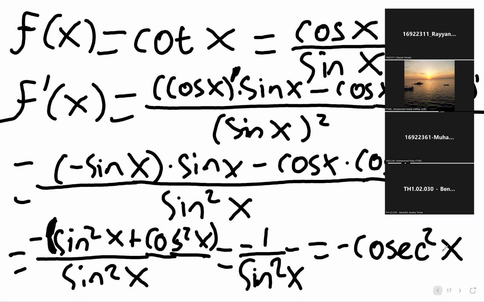To summarize, if f of x is cotangent of x, then its derivative f prime of x equals minus cosecant square of x. Okay, that's the derivative. Now let us consider the next function. So let f of x equal to